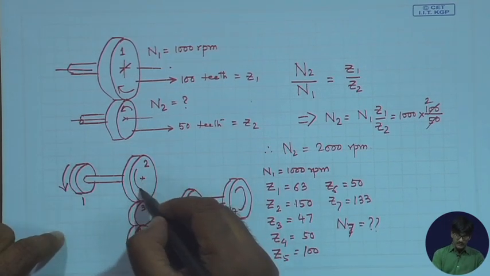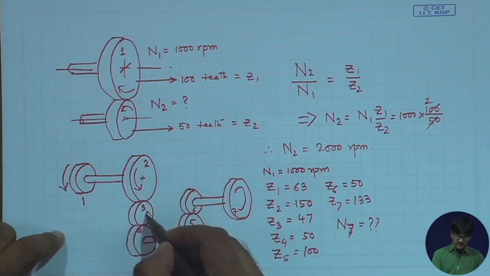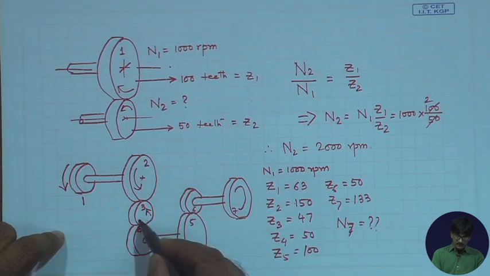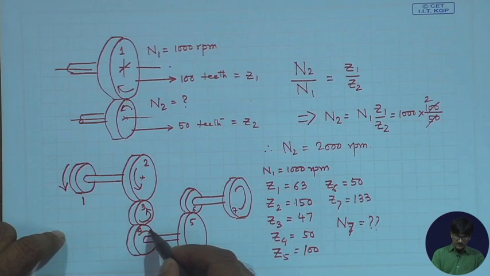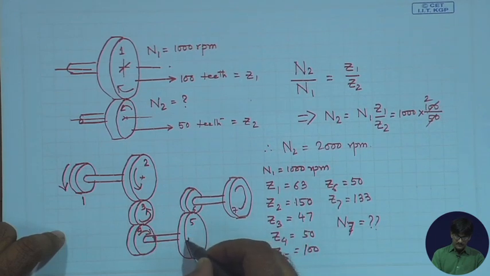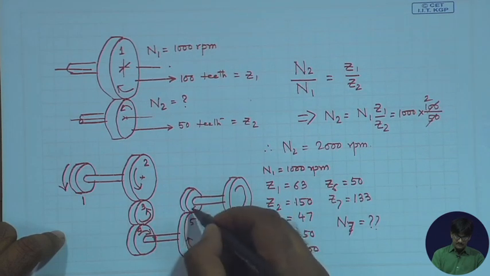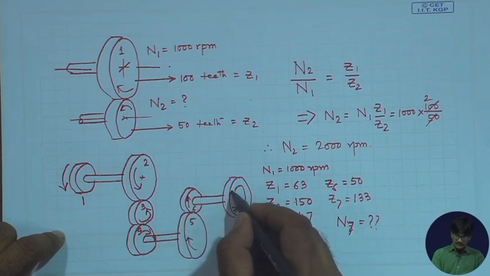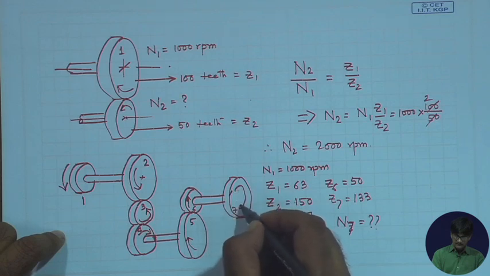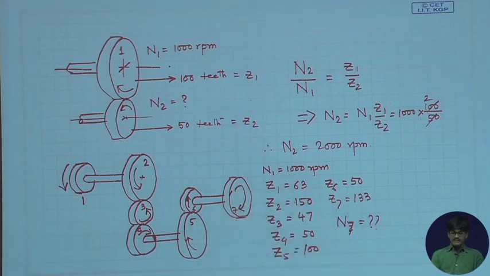This one rotates this, rotates that, okay, rotates this, etc. N7 has to be found out. So, first of all what we should establish is this: